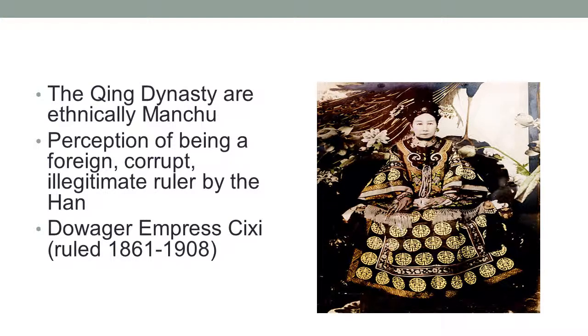And so here we have the Dowager Empress Cixi, and she ruled from 1861 to 1908. So basically, she was the power behind the throne during this time of increasing civil unrest, increasing economic and political problems. Now, I say that she ruled because she was the power behind the throne. She ruled through her children, her grandchildren. And historically, there has been a lot of emphasis placed on her poor rule as a reason for